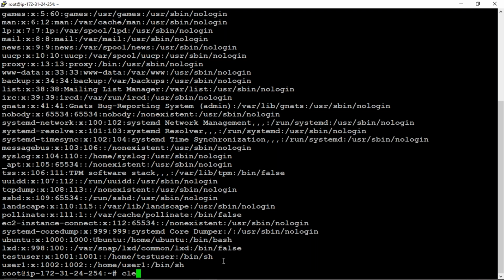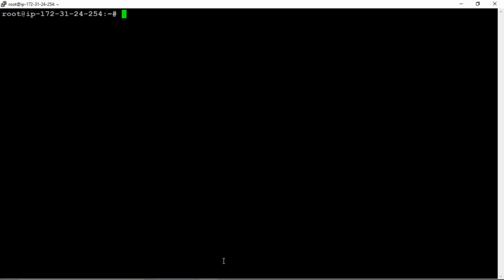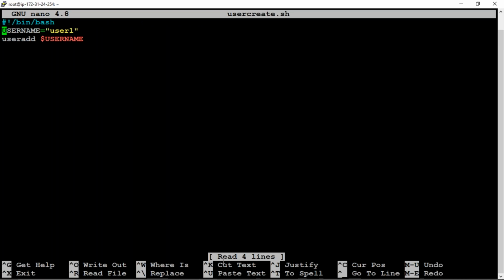Okay, now let us get back to the code. Use the previous commands. nano user create dot sh. Here I'm just changing user1 to user2.